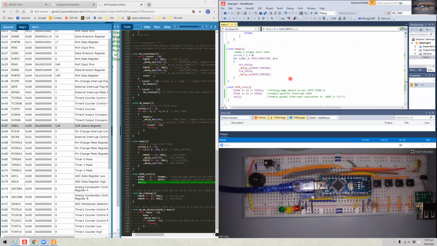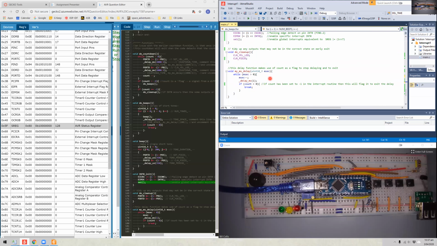Now, if I go down to my delay function, what happens here is it takes a value of milliseconds that I want to delay by, subtracts 1, and then waits for 1 millisecond. So instead of having a normal function which delays for, say, 500 milliseconds, what's happening here is I've created a loop which delays for 1 millisecond 500 times. So whatever I pass into this, it will delay for that number of times. However, after each delay, it's going to check the value of count. And if count is less than 0, then it's going to break out of my while loop and